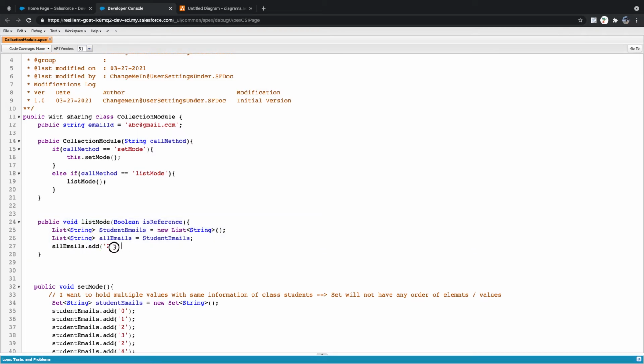How many elements do we have here? One. And what is the all emails size? Student emails? One. Why one?